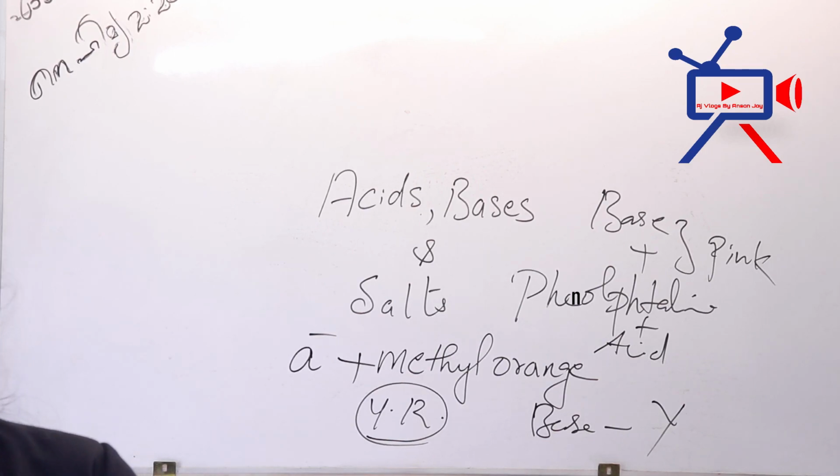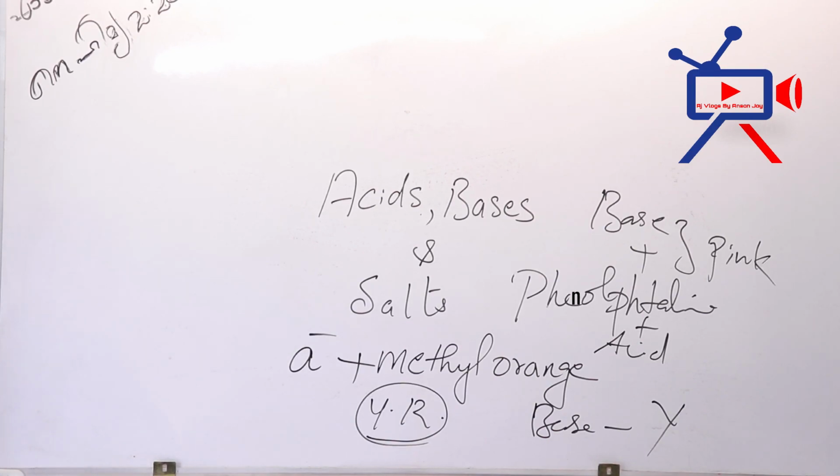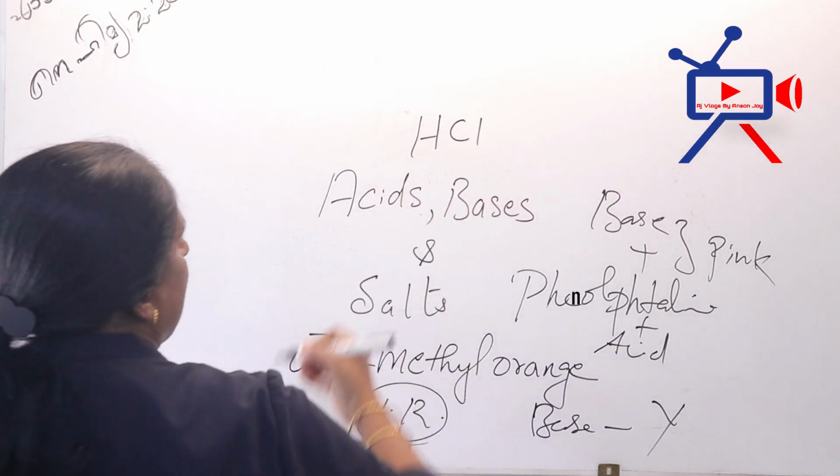Okay. Now you can move to the next page: acids and bases used in the laboratory. You are very much familiar with them. You have seen hydrochloric acid and sodium hydroxide; I brought these to the class and showed you. The acids and their formulas are written there. Copy them to your notebook. Sulfuric acid, H2SO4. Hydrochloric acid, HCl.